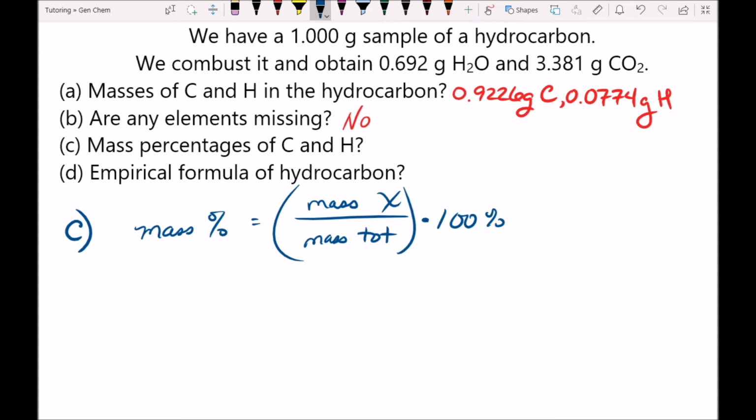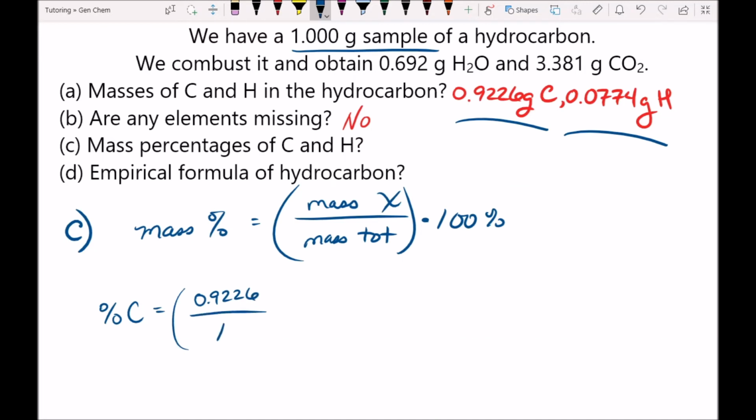And so our mass percentages are easy to calculate because we have our mass of carbon and our mass of hydrogen, and we divide each of those by 1 gram because that is the total mass of the sample. So our percent carbon is equal to 0.9226 divided by 1, our 1 gram sample. That gives us our same 0.9226. Multiplied by 100%, we find that our mass percentage for carbon is